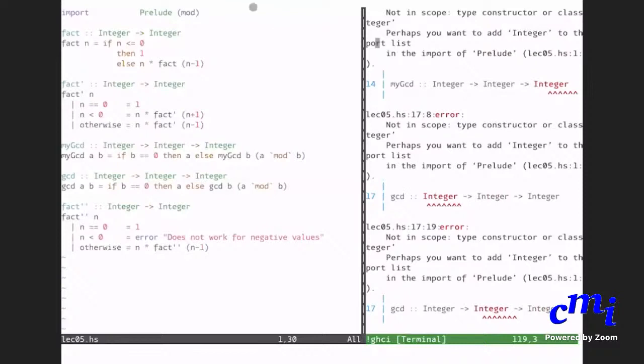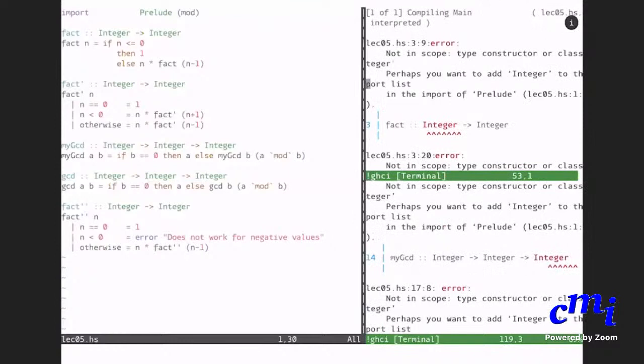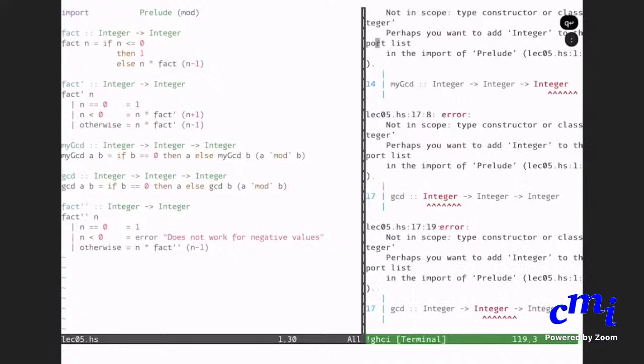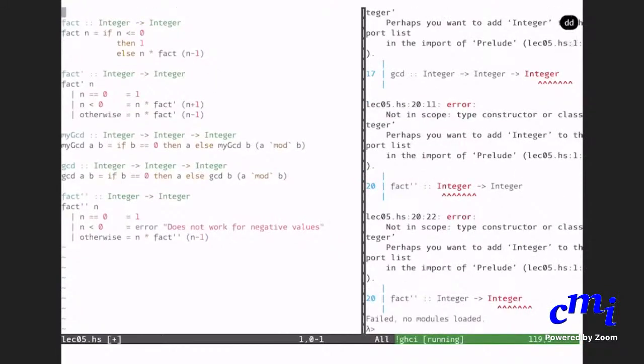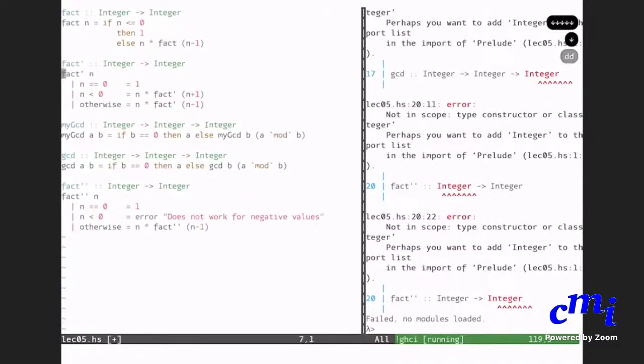So suppose you do 2 plus fact double prime n.